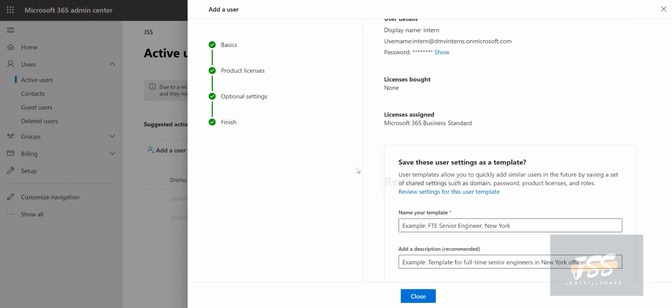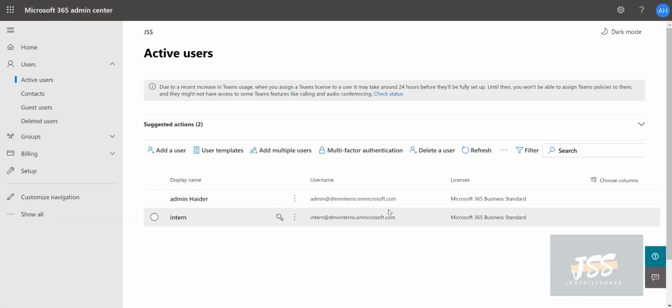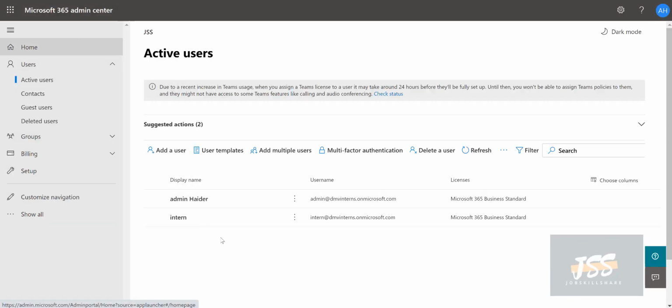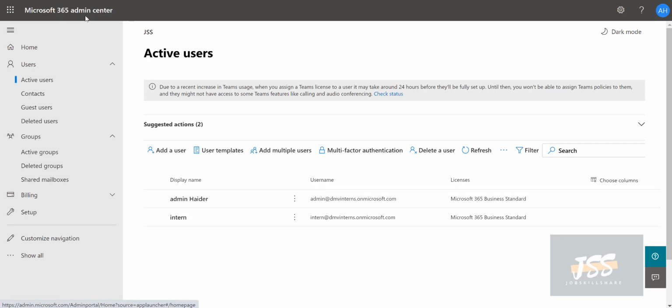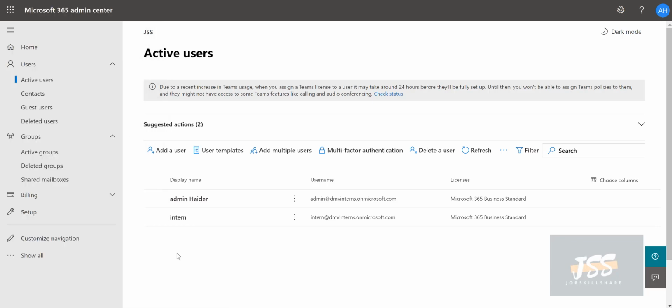And now we have finished this. So this account is finished now, and we have two global admins right here. We're going to be using both basically in some cases, but that's what the interns are going to actually learn, this whole Office 365 admin area. And when they finish with this stuff, they're going to come to the apps where they're going to learn about Outlook and some OneDrive stuff, some Teams stuff, and that will complete their Office 365 training,